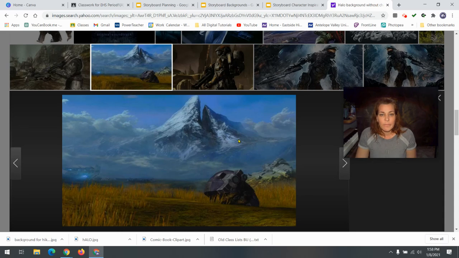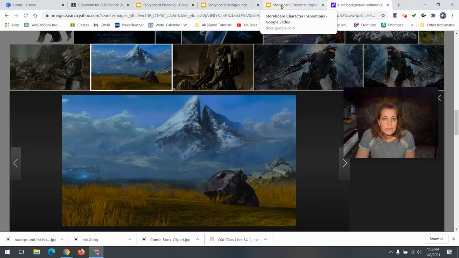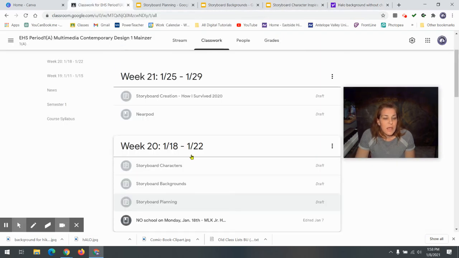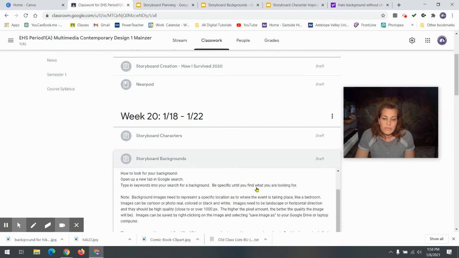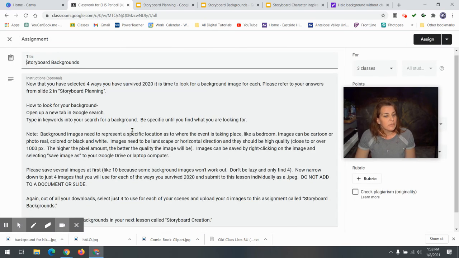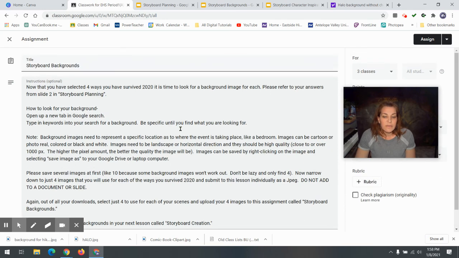Now what I'm going to do is go back into that lesson, the lesson of storyboarding backgrounds, and then I can upload this image into it. That next part you would have to go into the classroom and do. So I'm going to go into the classroom and look for the lesson that's right here, storyboard backgrounds, click on it, and then there you would upload the image. Of course, when I made this video, I haven't yet made this live too. So by the time you go in and look for it, it will be ready for you to actually add in work.